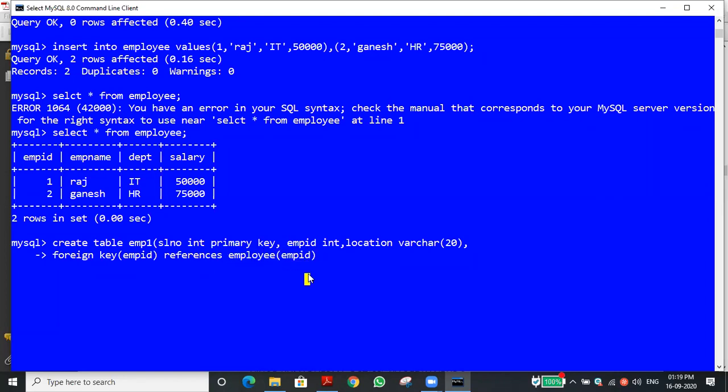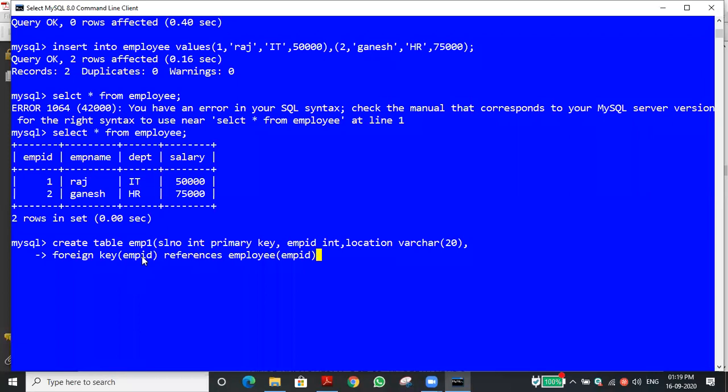Now I will tell the definition for the foreign key. What I said previously, I'm repeating. The foreign key may be a primary key or unique key in the parent table. What is the foreign key? EMP ID.